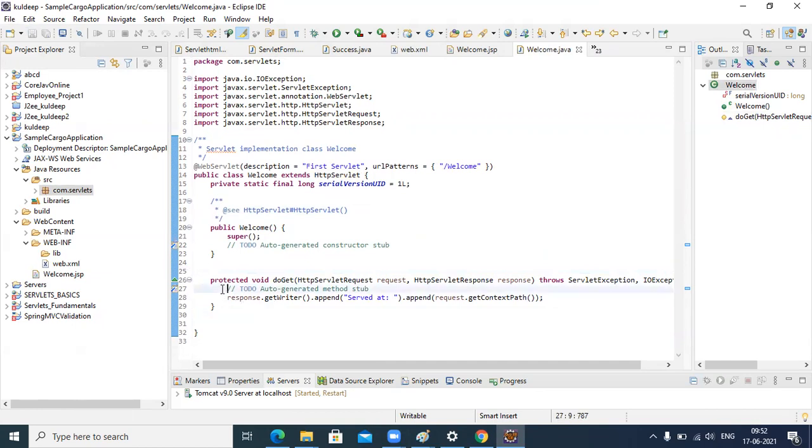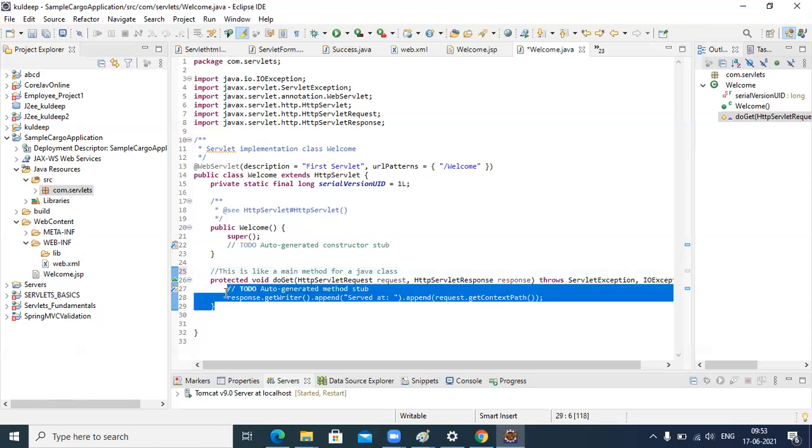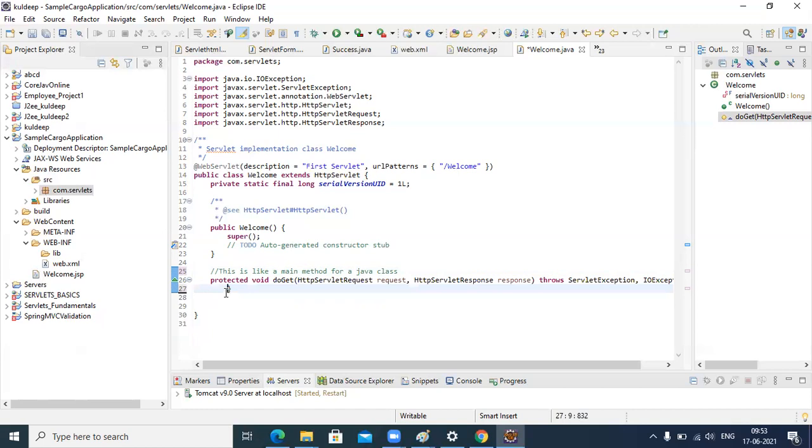Now, how to start the servlet? This is like a main method for a Java class. In this method you have to specify what your servlet should do.